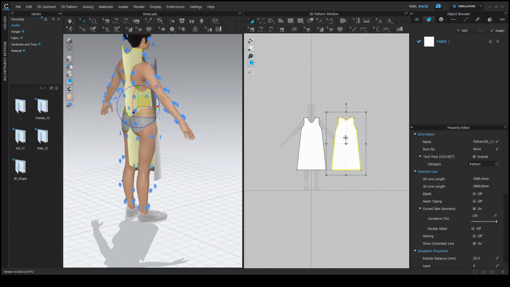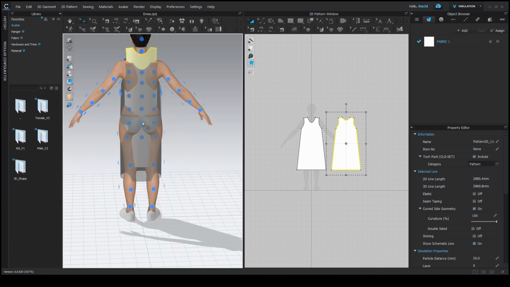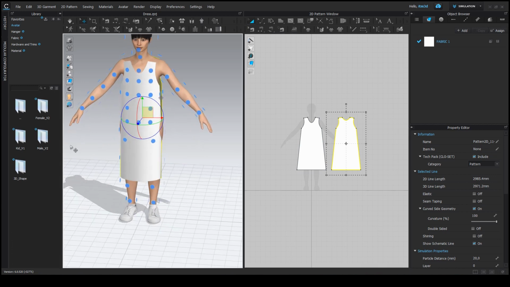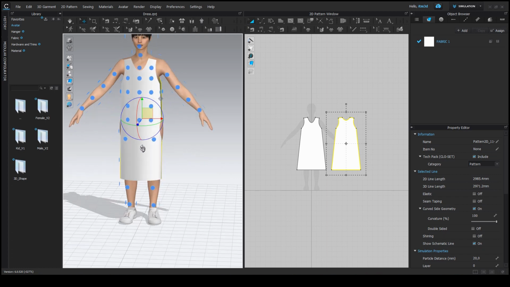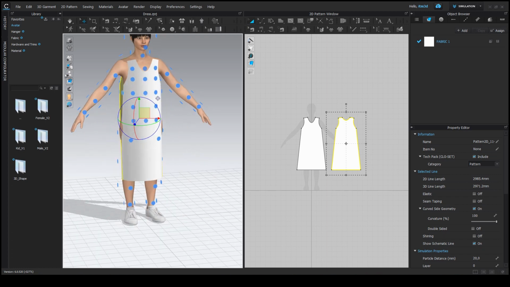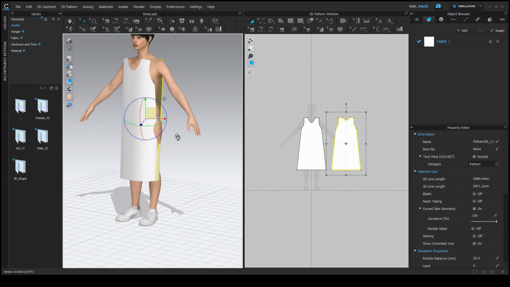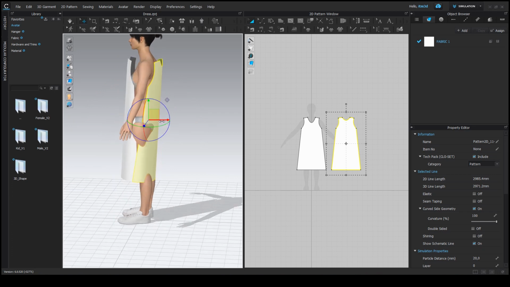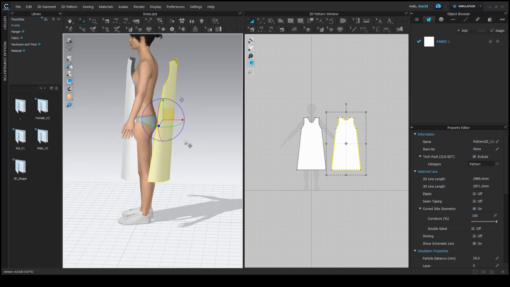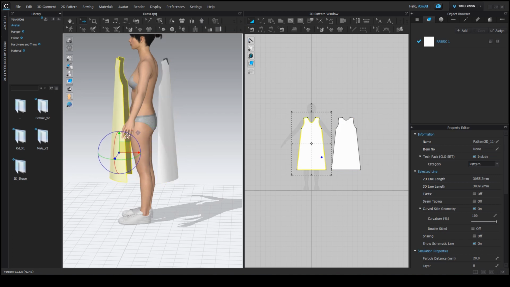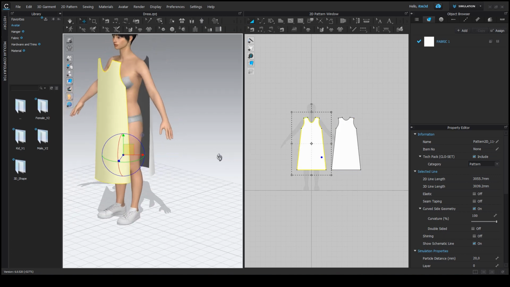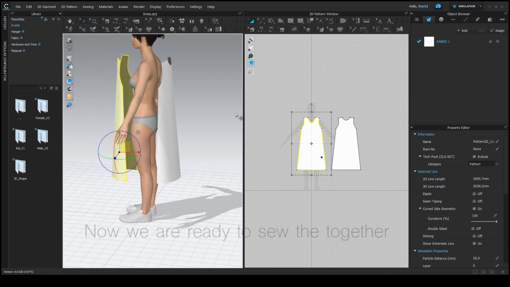It's very close to the body. Maybe I better take it away from the body, so I will move it a little bit away from the body, both of them, and reposition them a little bit. Here you can see that these two simple patterns of the dress are placed on the avatar,